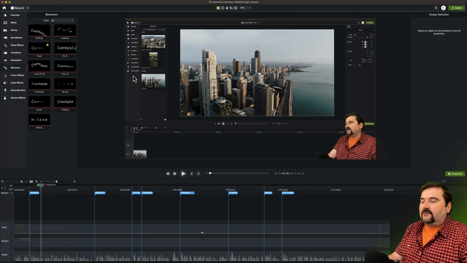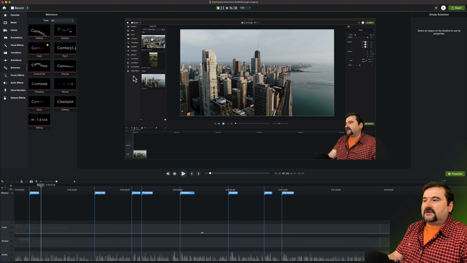They are really great. Once you understand how they work, you're going to think, oh, this is awesome. You can move your lens and the zoomed area moves inside of that lens. Let me show you how to do it.